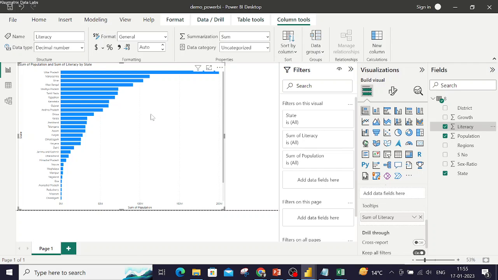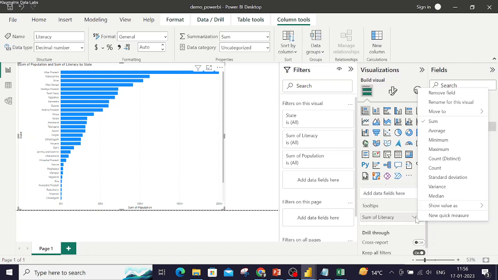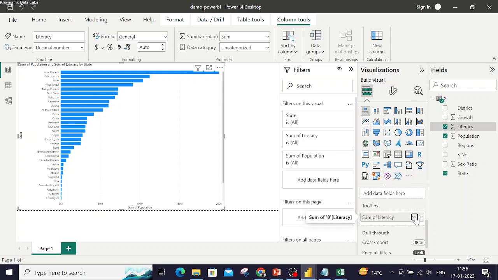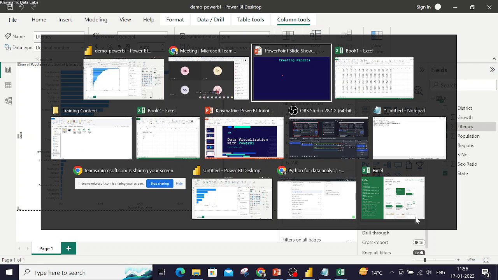You see this one, sum of literacy, but literacy is a percentage term, right? You cannot sum it, right? So you need to use average. I hope everybody understands this, right? You cannot sum the literacy. If I show you in the data,